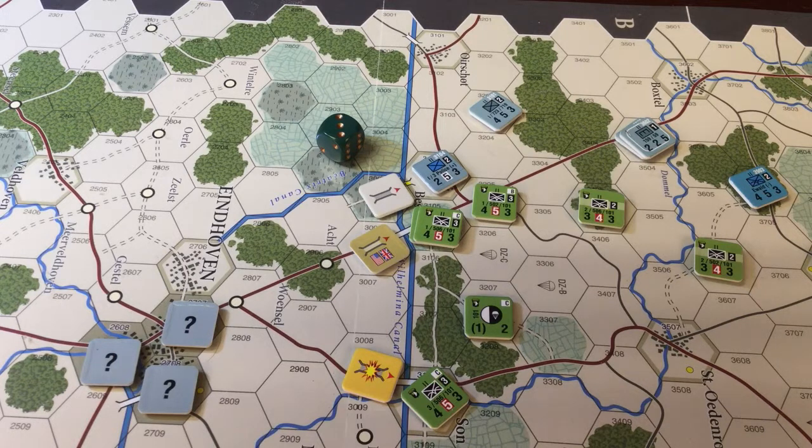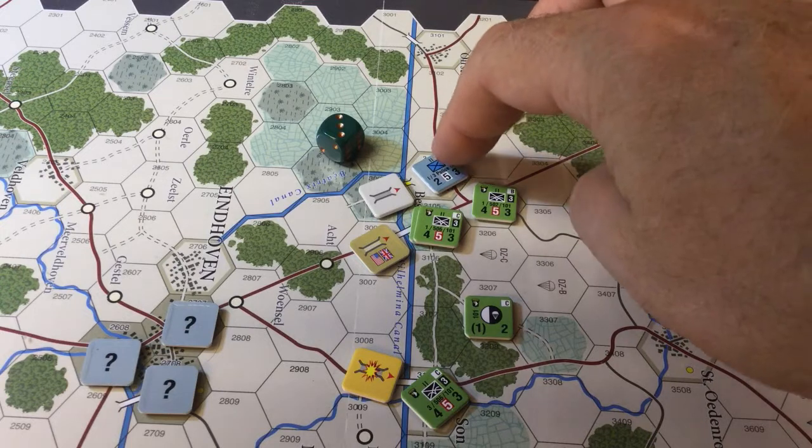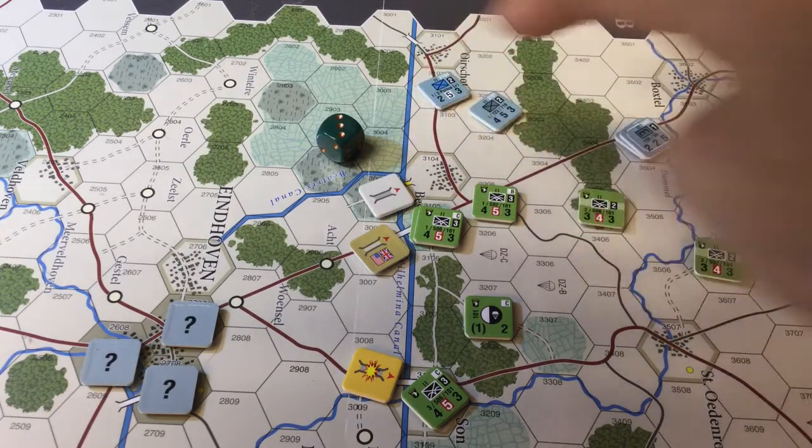If he succeeds, he will take a hit. In this case, as a dedicated National Socialist, I think maybe it's a good thing to give it a try to clog up this bridge to delay the 101st's ability to get over to Eindhoven. All right, we'll try it. A 4, not quite good enough. Normally it would have been good enough, but with the -1 due to his quality, it's not. He takes no losses, but he fails in his attempt to stay there. So he's going to go back here,